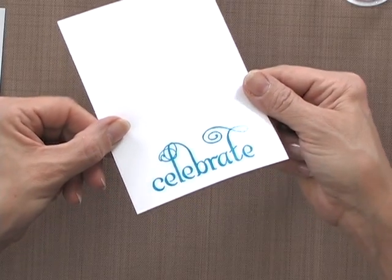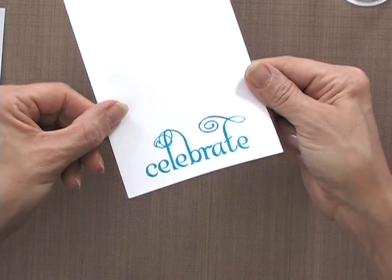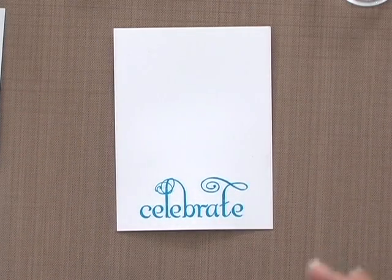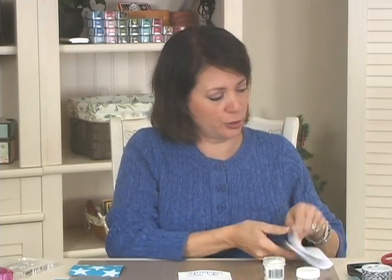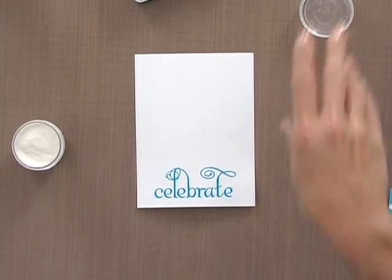but it's in a custom Gina K Designs color, so I know it's going to match my cardstock, my ribbon, my button, all of my embellishments. And it just opens up a whole world of embossing opportunities for you based on what different colors you have in your collection of dye ink pads. And again, that little bit of VersaMark will not hurt your ink pad at all. I've been doing this for a long time, and I've never had a problem with an ink pad doing this